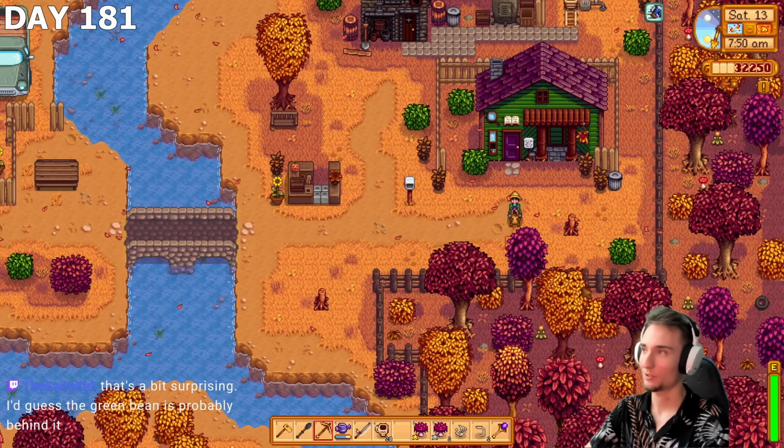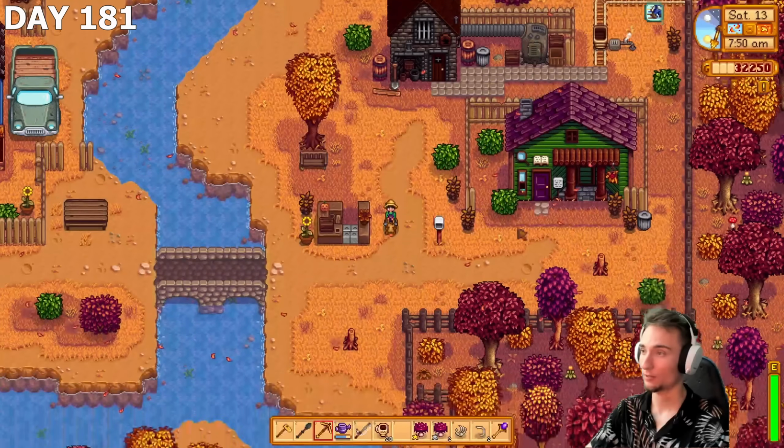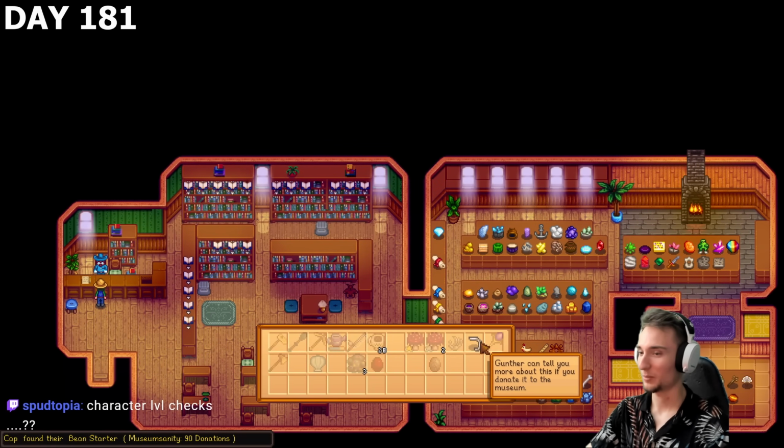What other checks can we do? I wonder what else Clint has. We can see everything from Clint now because everything's at least gold or higher. We need another trash can upgrade actually. Oh yeah, character level checks. Forgot about that. That's gonna be a little bit more grindy, but...